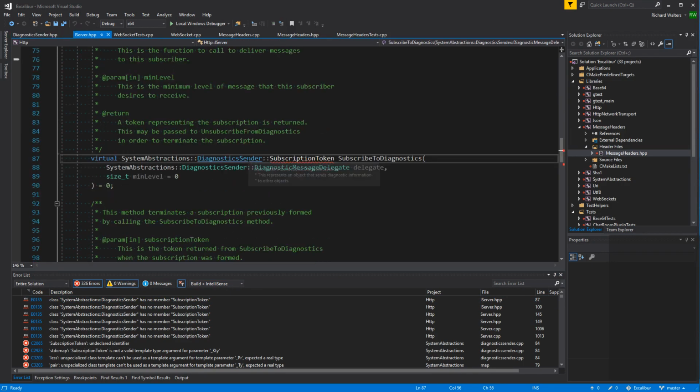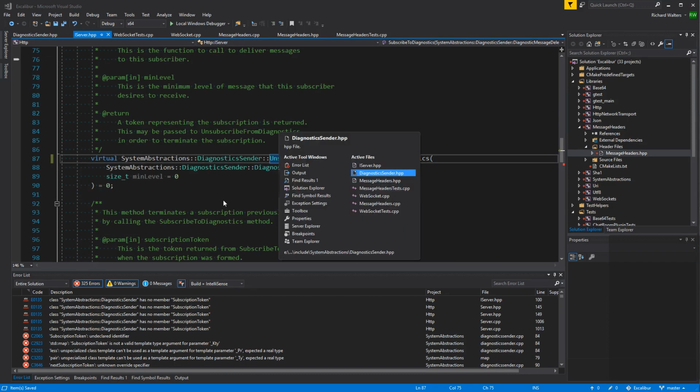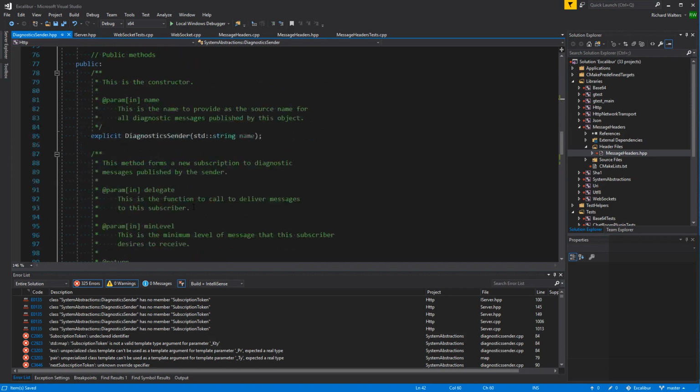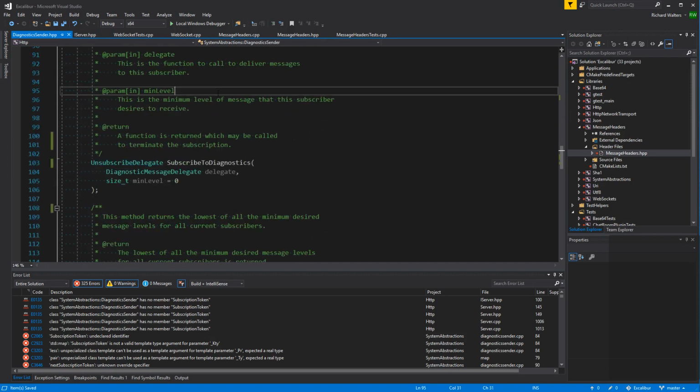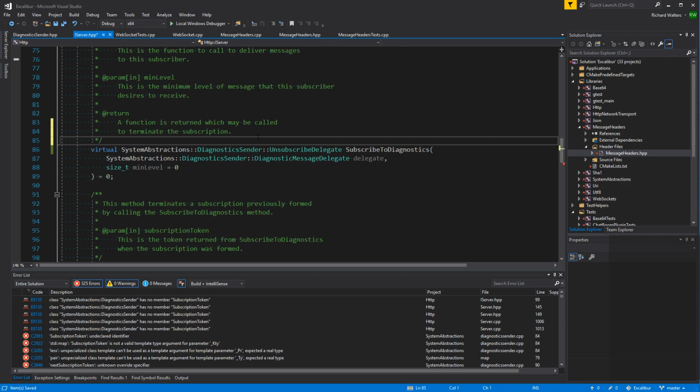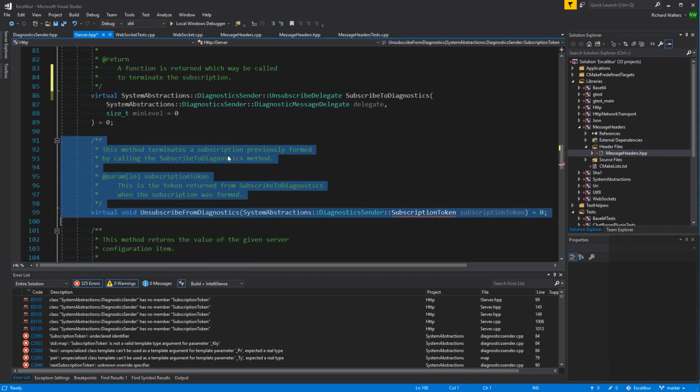So this just became what? That? I'm thinking this is going to be a pattern where we replace the type and the documentation and then remove the unsubscribe.